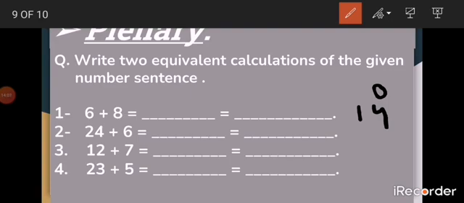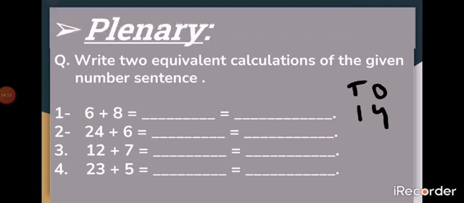And the next one is tens. So I'm putting T here. Now the answer is 14. We have the value 14. So can you find the other two calculations? Look at 14. Can you round up or round down? Tell me. Yes, you will round down to the back tens. So what is the back tens? Yes, before 14, which 10 will come?